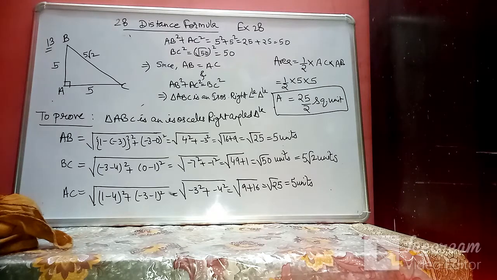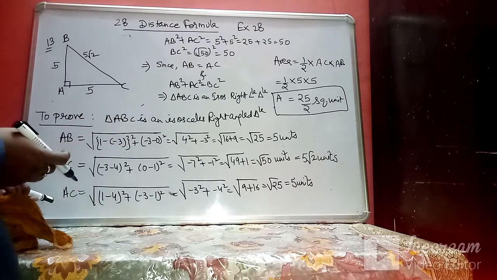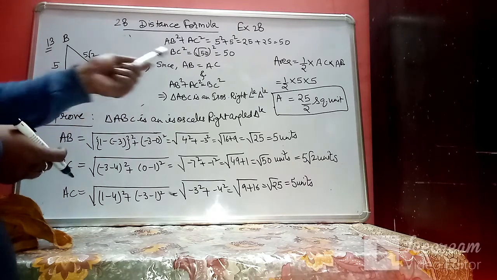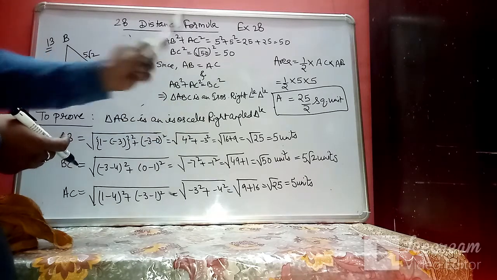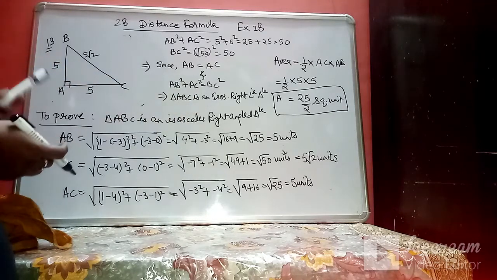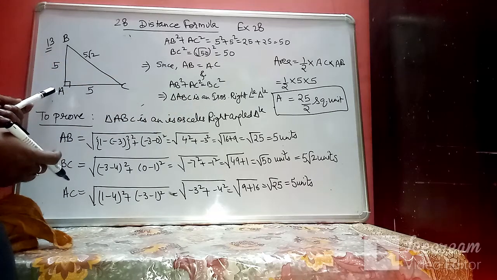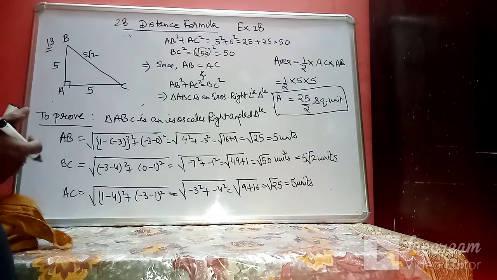So what things have we done in this? First we found the sides of the triangle. Then in order to prove it is an isosceles triangle, we checked two sides as equal. Then to prove that it is a right angle triangle, we proved the Pythagoras theorem. So it becomes an isosceles right angle triangle. This will be our modified figure. Then we used the area of a triangle as half base into height.